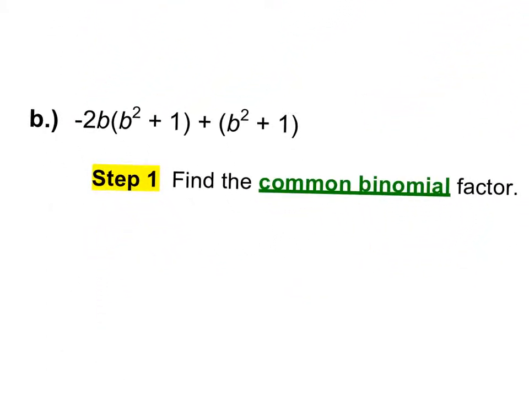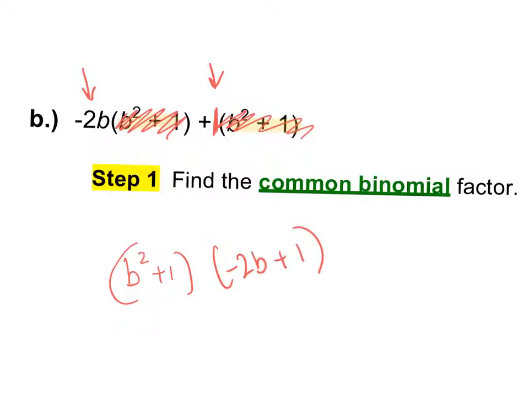So looking at this one, hopefully your eyes immediately go to the common b squared plus 1, which means that when you factor out b squared plus 1, you're left with negative 2b and then plus, not 0, remember there's an understood 1 here. So it's negative 2b